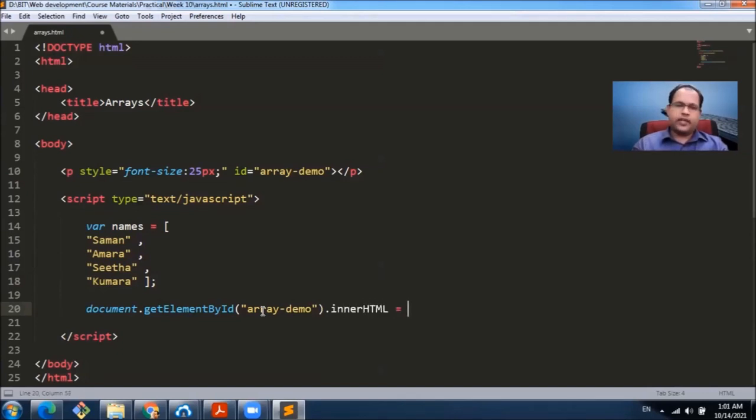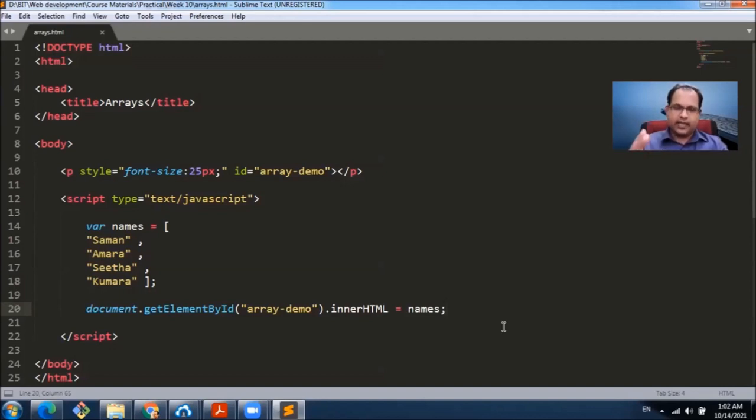Okay, what do you think? If I put the names variable here, what will happen? I think you should remember in our previous week, we did something similar. We tried to see the array by assigning this array into this inner HTML. Now, what do you think? I think you remember even last week, we did something similar.